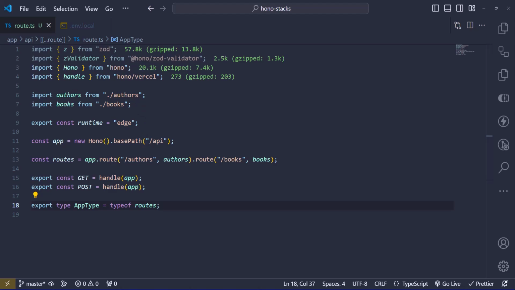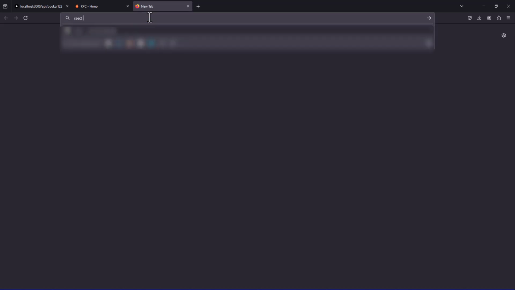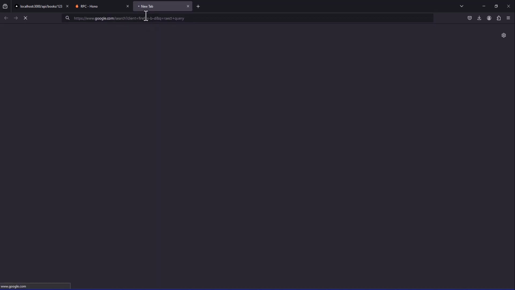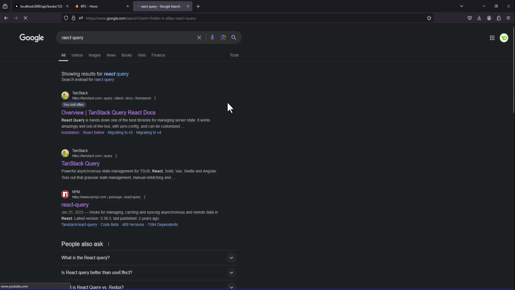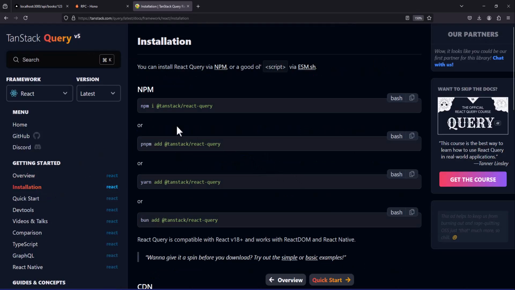And now it's time to create a front end hook to handle these routes. And for this video, we will have only one hook to handle the get books route as an example. And to do that, we will need to use React Query. So let's go to the browser and search for React Query, go to the first result, go to installation, and then copy the command based on your package manager. For me, I'm using npm, so I will copy this one